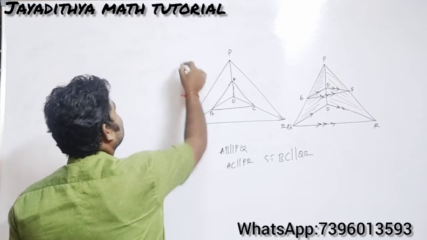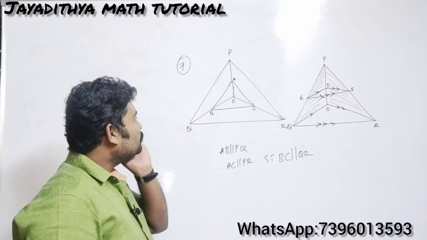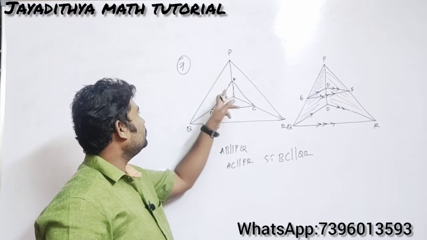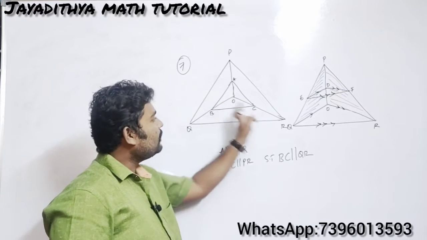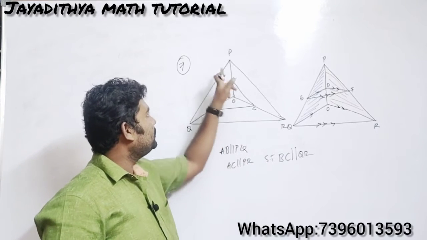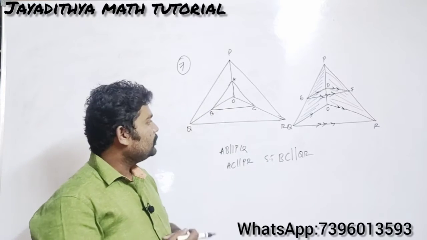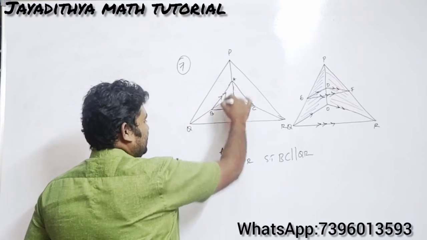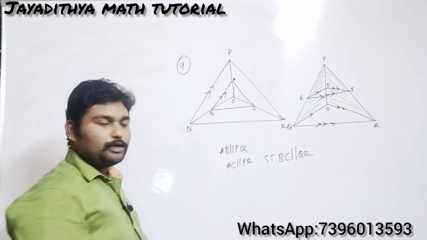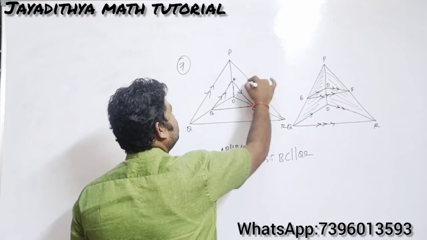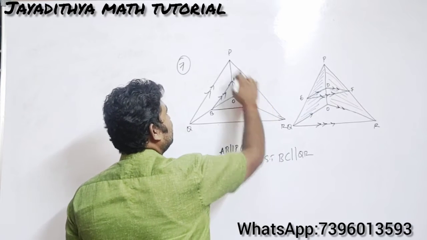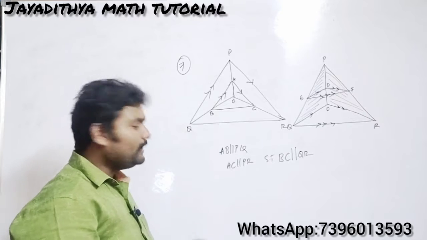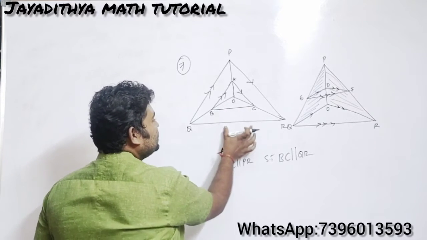Look here. This is your 7th problem of your exercise 1. So see here in this figure, he is telling that A, B, C are the points on OP, OQ and OR respectively. That means A is the point on OP, B is the point on OQ, and C is the point on OR. Right, and also what are the conditions he has given, see here, AB is parallel to PQ, and AC is parallel to PR. So this AC line is parallel to PR. So what we need to prove here, we need to prove that BC is parallel to QR.